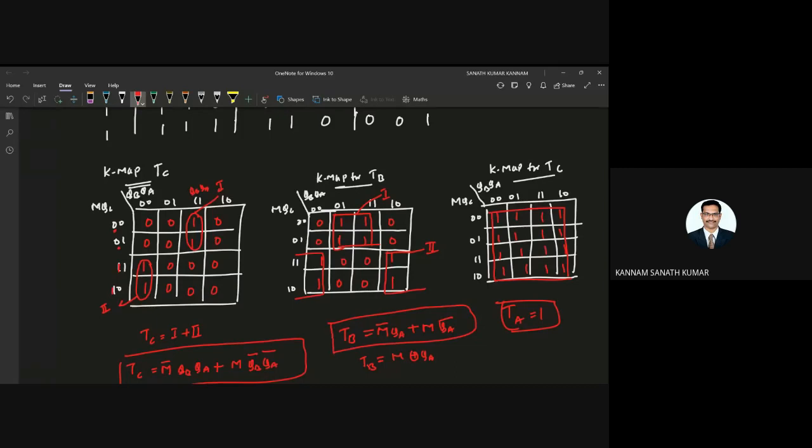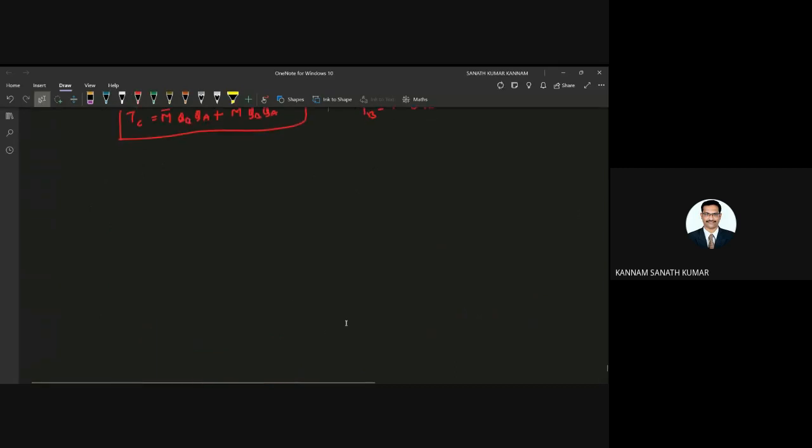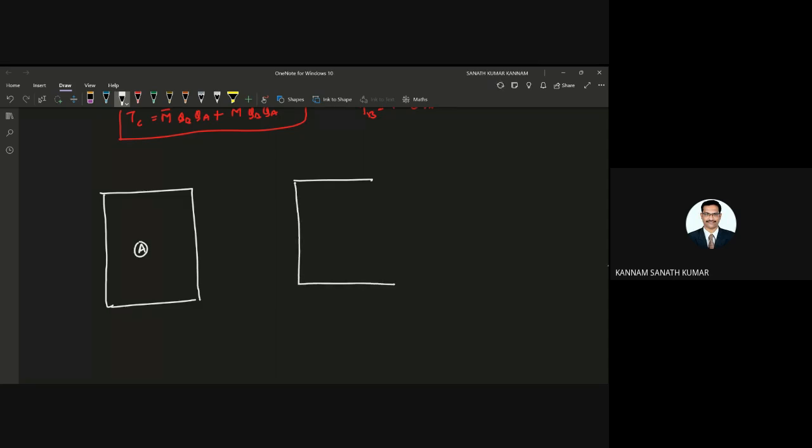So next you can draw the logic diagram by using these expressions. This is the A flip flop, B flip flop, C flip flop.